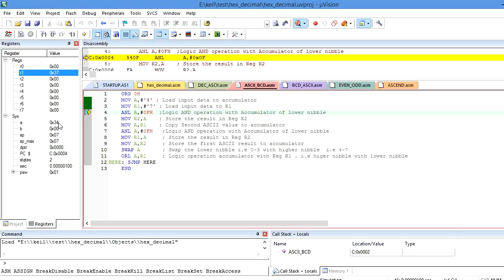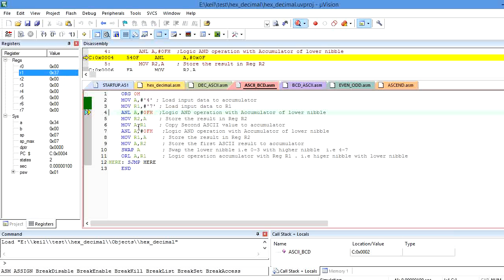34 is the ASCII value for 4 and similarly 37 is the ASCII value for 7. I want to convert this ASCII format into a BCD value. Finally I have to get the combination of 4 and 7, totally 47.